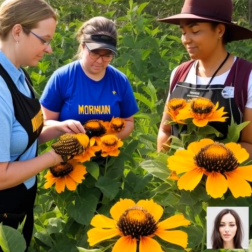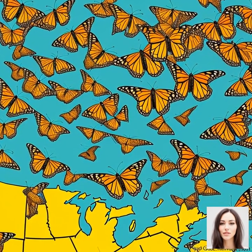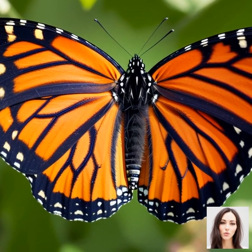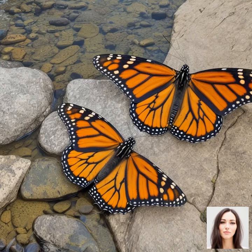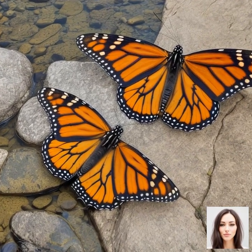In addition to these habitat-focused efforts, citizen science monitoring programs play a vital role in gathering data on monarch populations, migration patterns, and overall health. These programs enable volunteers from all walks of life to participate in the collection of valuable information, which can then be used to inform and improve conservation strategies. By engaging the public in monarch conservation, these programs also raise awareness and foster a deeper appreciation for these remarkable